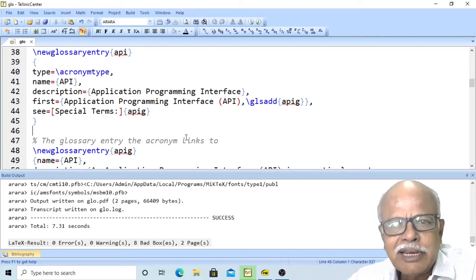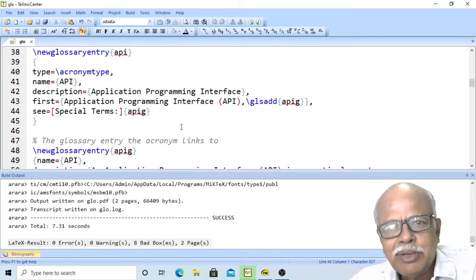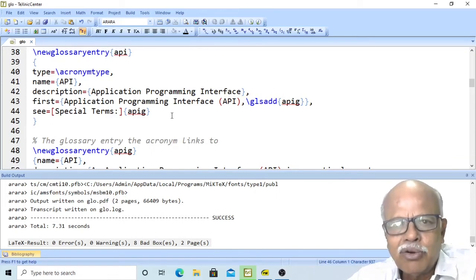That will deter especially the beginners. Those who are interested may refer to the complete documentation for glossaries. If you are very well versed with the glossaries, you need not go in for the nomenclature package or the acronym package. Straight away you can use the glossaries package.